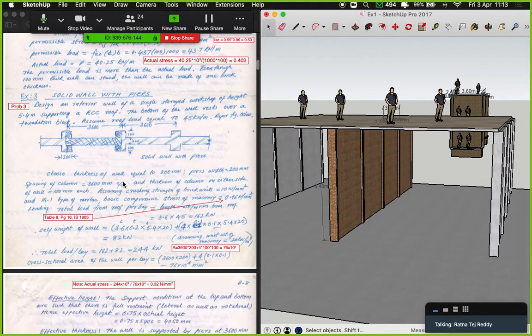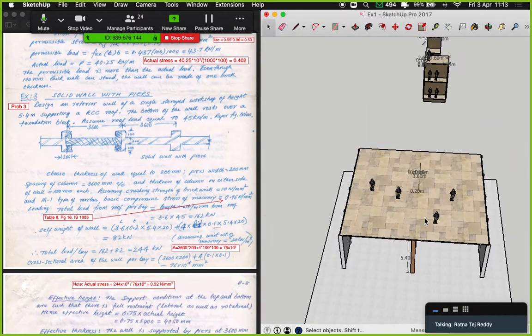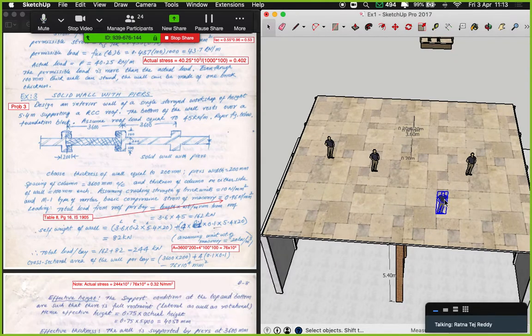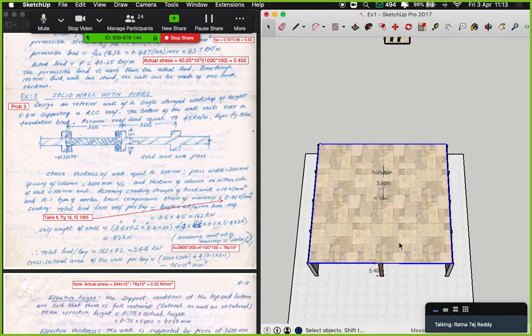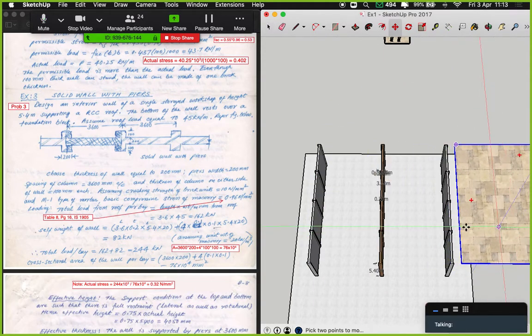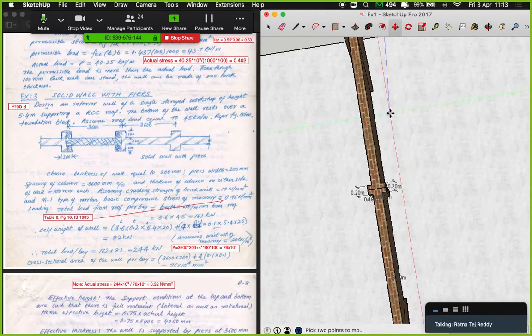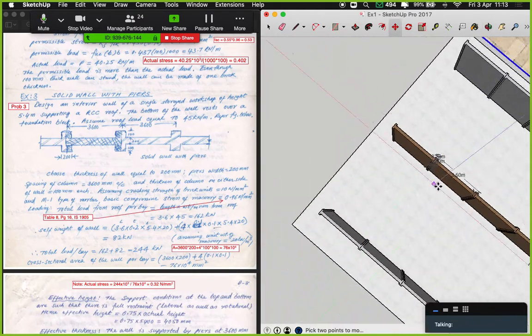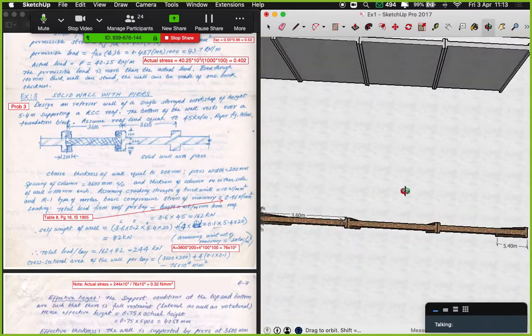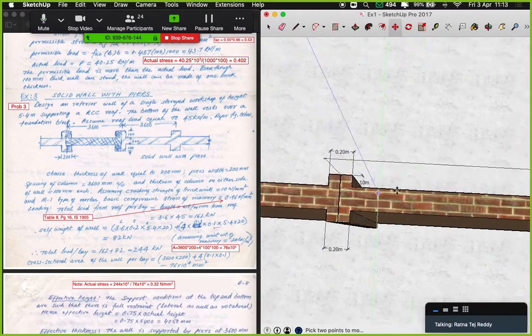Now choose the wall thickness. The wall thickness is equivalent to 200 mm. Let me just depict that in the diagram as well. I'll just remove the slab on top so that you will be able to see a cross-sectional view out of it. So if you see the view, the plan view of this particular structure,